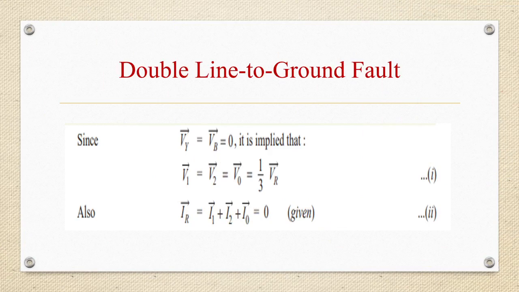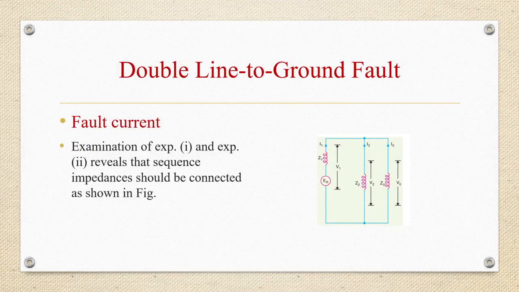So we can write V1 is equal to V2 equal to V0 is 1/3 of Vr, and also we can write IR is equal to I1 plus I2 plus I0 is 0. So two expressions we got here. First expression is V1 is V2 is V0, that is equal to 1 by 3 times VR, and IR is equal to I1 plus I2 plus I0, that is equal to 0. So from this examination of expression 1 and 2, sequence impedance should be connected as shown in this figure,